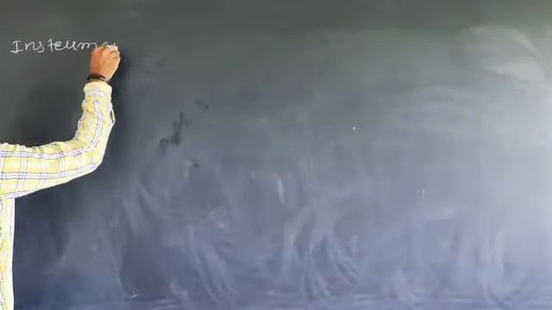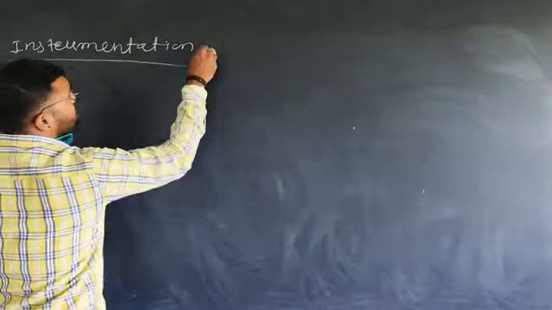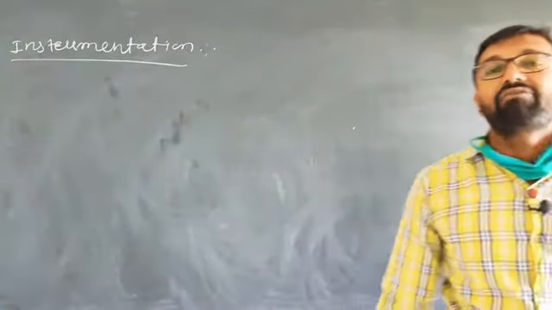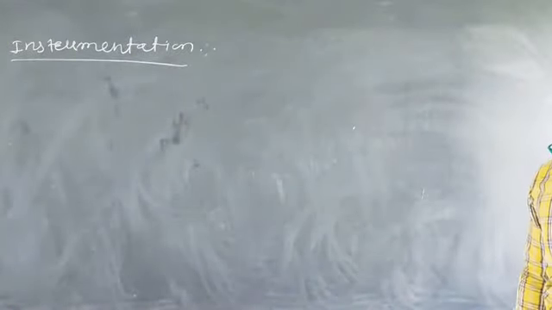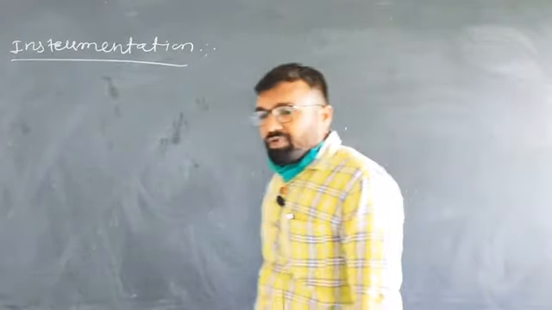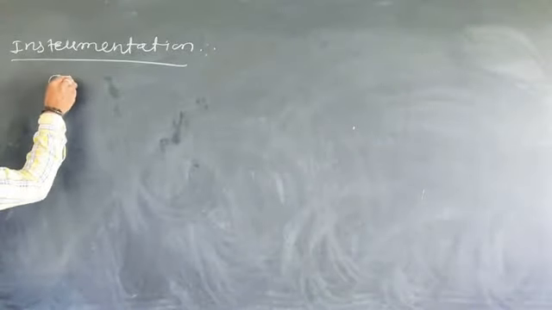If you think about the instrumentation, what is the principle of this instrument? The Gouy method is based upon measurement of change in the weight of a sample. The change in weight felt by the sample when it is placed in the magnetic field is a measure. And if you think about the instrumentation of the Gouy method, then it requires: